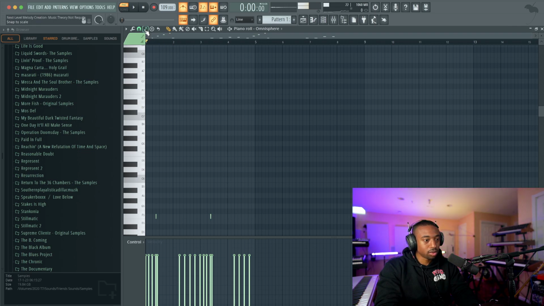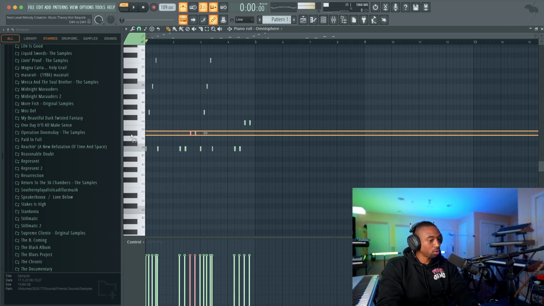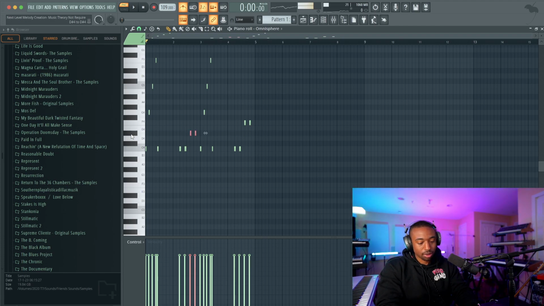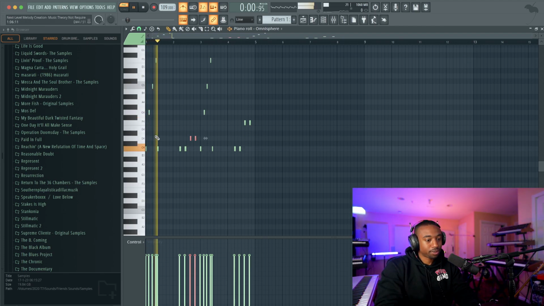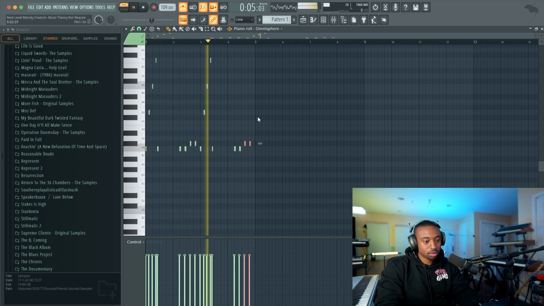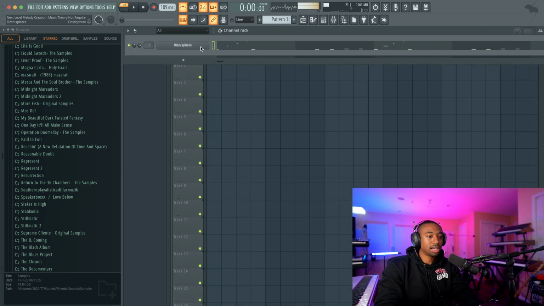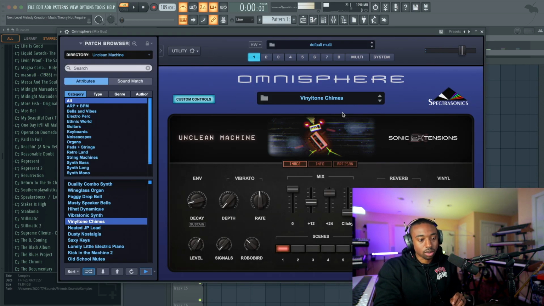Now, once you have your notes, you can go in and edit individual notes by hitting Control to highlight these little side key right here and hit Shift up or down. So I wanted to do a half step. I'm going to hit Alt Q to quantize the notes. You don't always have to quantize, but for more modern genres, we usually quantize the notes.